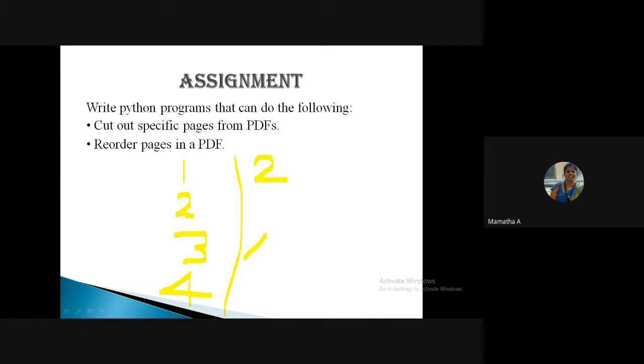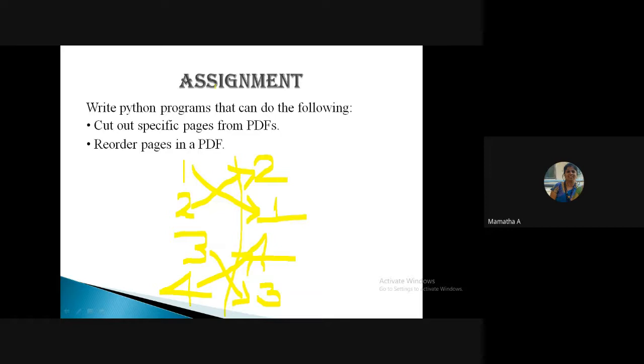Very simple. The even pages will become the odd pages for me here. So 2, 4, right? That is, the second page becomes my first page and the fourth page becomes my third page. And this first page becomes my second page and the third page becomes my fourth page in my new PDF. So while reordering, which pages should you add first to my new PDF? Even. First add the even pages, right? And then add the odd pages.